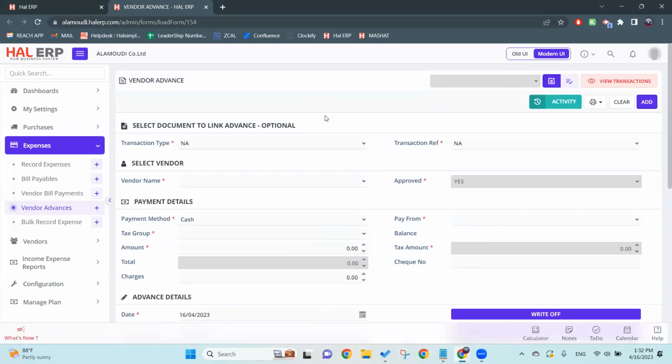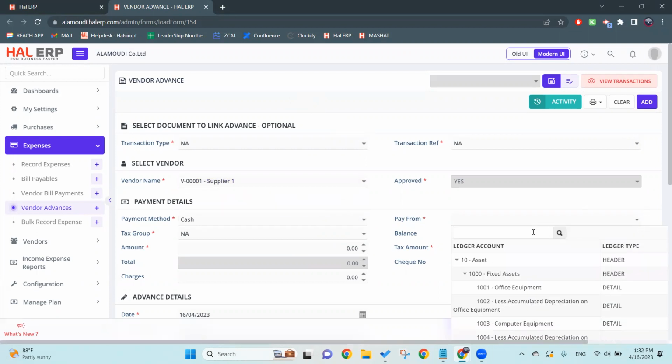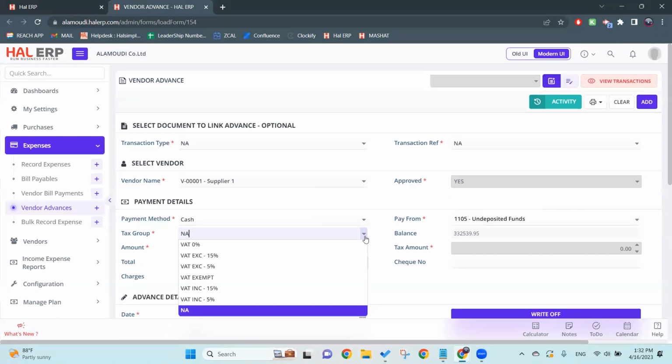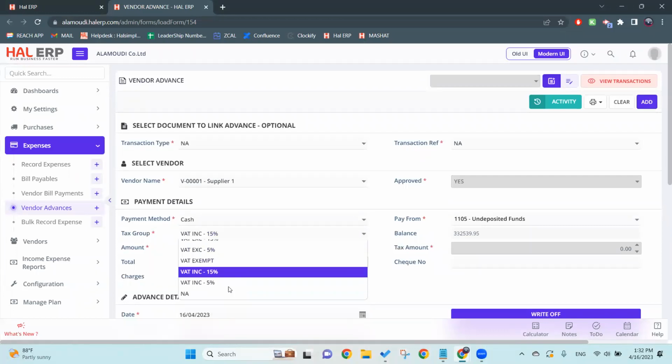So we'll go here and we'll select transaction type as NA, transaction reference also as NA, and then we'll select the vendor. So let's select, for example, supplier 1, and we'll select the payment method as cash, and pay from we'll select, let's say, the undeposited fund, or some companies call it cash in hand ledger. The tax group will be either NA or inclusive of 15%. And the balance here is showing the balance of the undeposited funds ledger currently. So it's showing